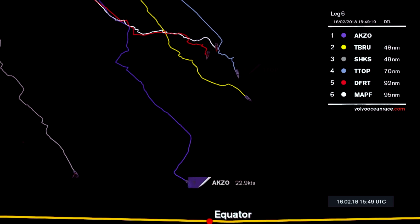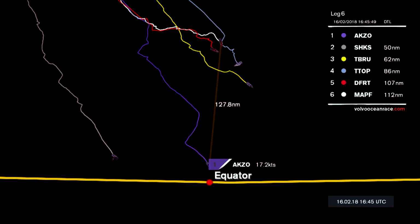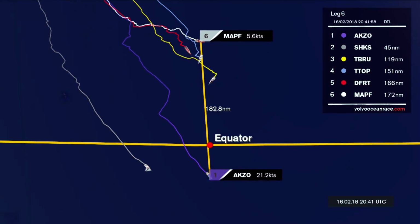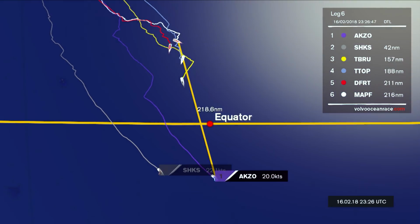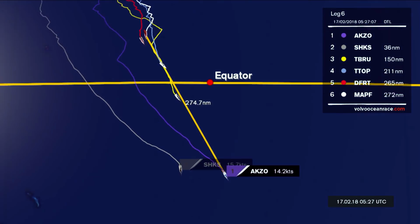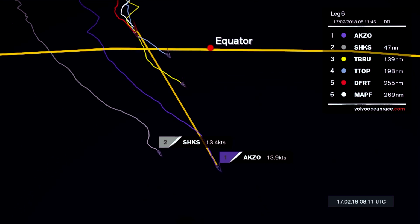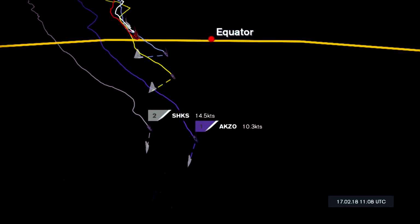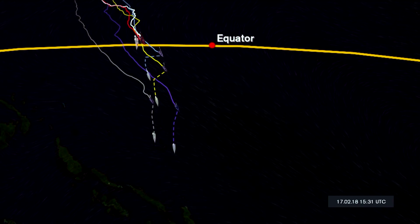However, look now what happens. It is Team AkzoNobel that is the first boat to get into that breeze, and the distance just stretches. You can see the elastic stretching from 120 miles to 250, all the way up to 281 miles. Looking ahead at the predicted positions, as we throw on those westerlies that they're going to be diving south in,